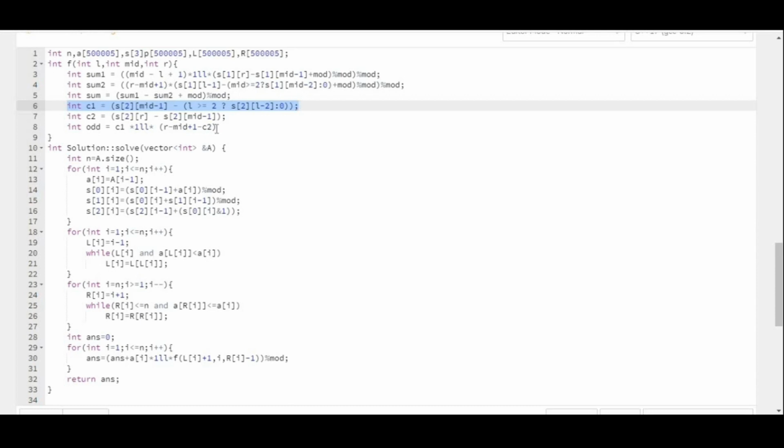So that will give us even numbers. And similarly, we will do it for C1 as well. So C2 into 1LL into the count of even numbers from L minus 1 to mid minus 1, and that will be mid minus L plus 1 minus C1. And let's calculate it modulo mod.